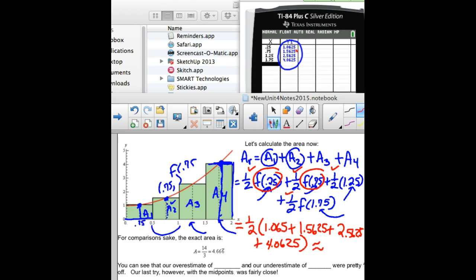I'm not sure what it is, and I don't want to go type it all in. I probably should, but I don't want to. So I'm going to kind of estimate it. You're at about 1 plus about 1.5 and 2.5, 2 and a 1/2, so that would be 4,